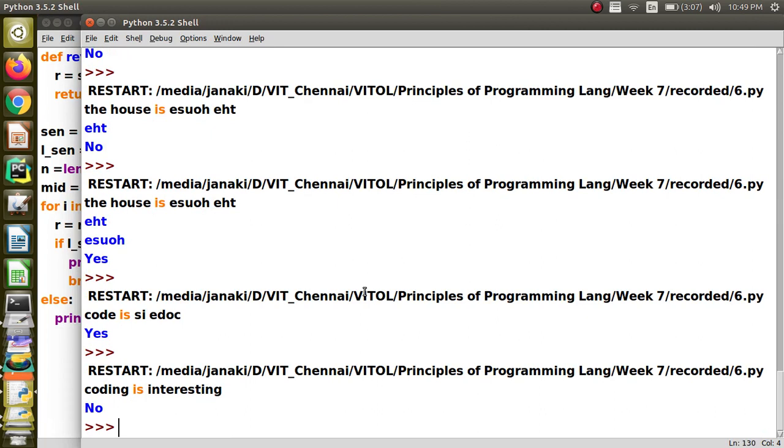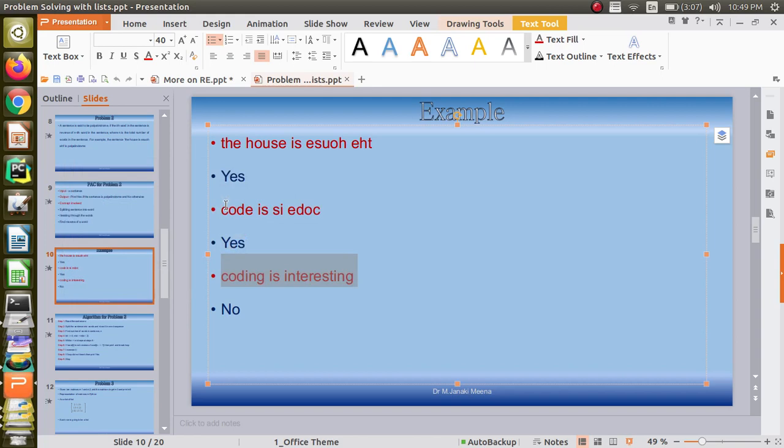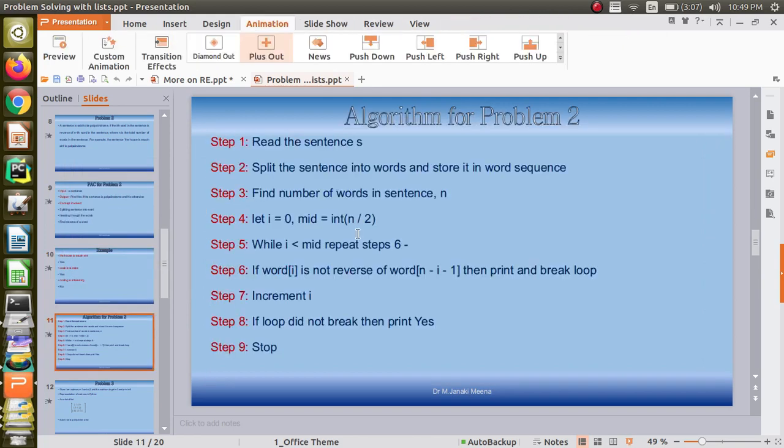Okay, it should say no because this is not a palindrome string, whereas this is an even length palindrome string. This is an odd length palindrome string. Okay, so it works for all the conditions. So we will see one more problem in the next lecture about list and how to work in Python. Thank you.